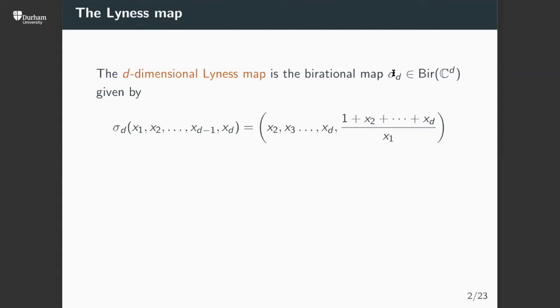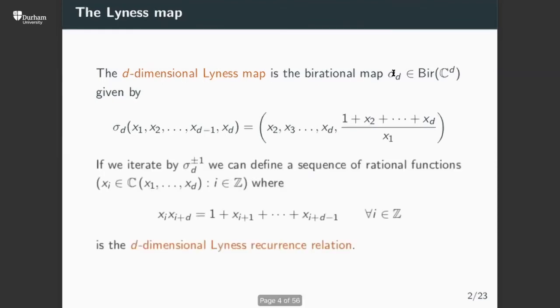So it's a very simple map, and obviously it's invertible, because to do the inverse I just have to shift back the variables in the opposite direction, and then I can recover x1 from the last term. And so if I iterate this map many times, either forwards or backwards by running the inverse of this map,